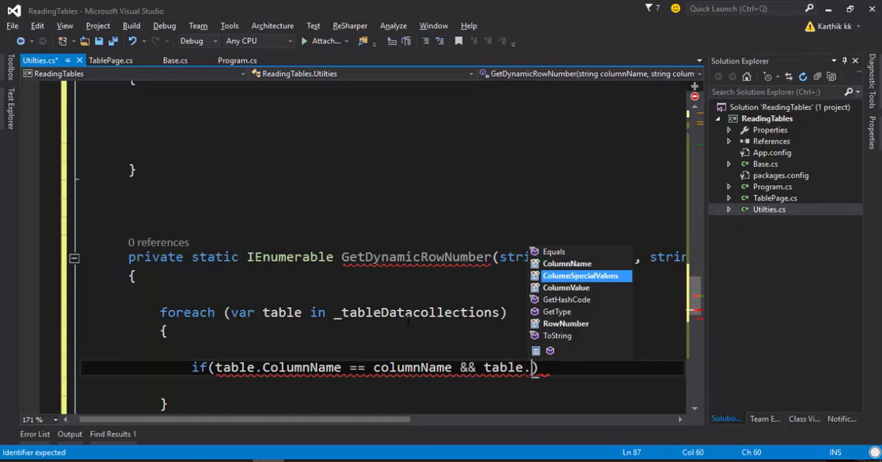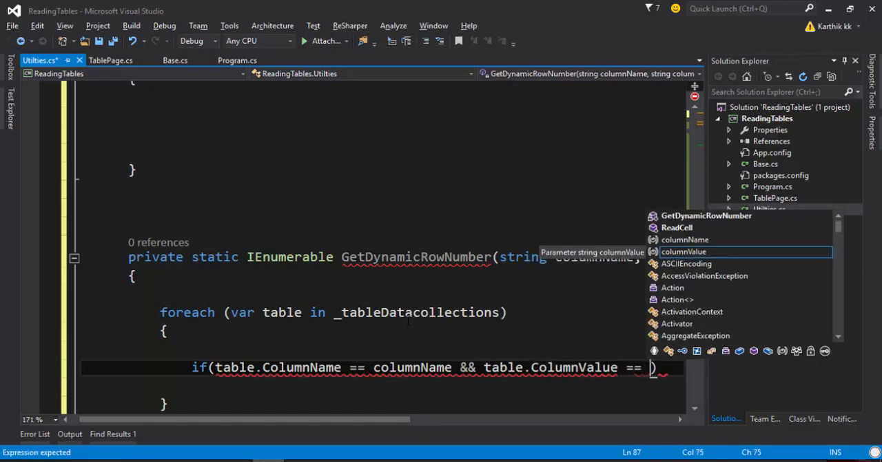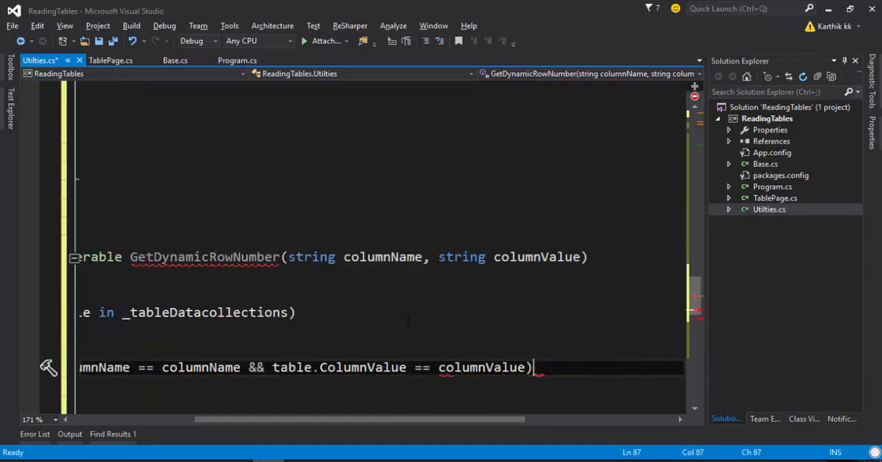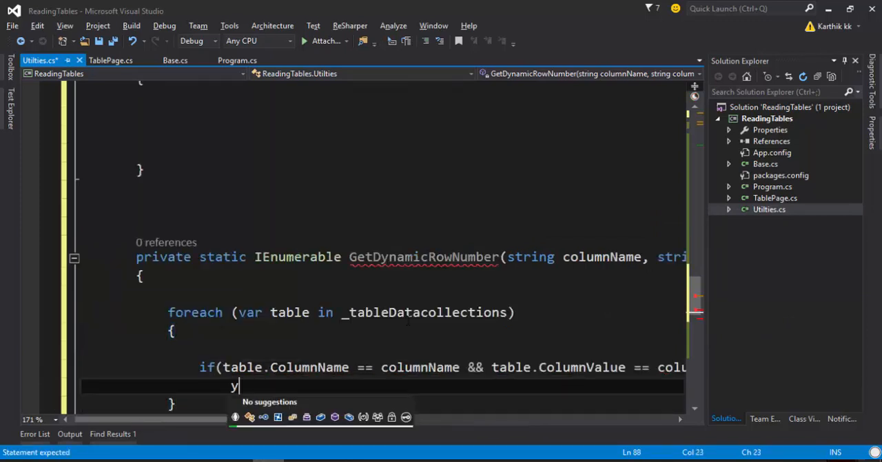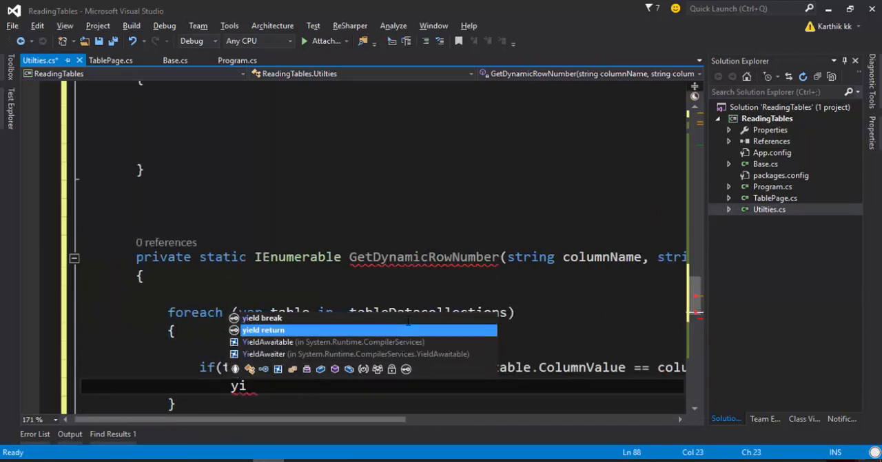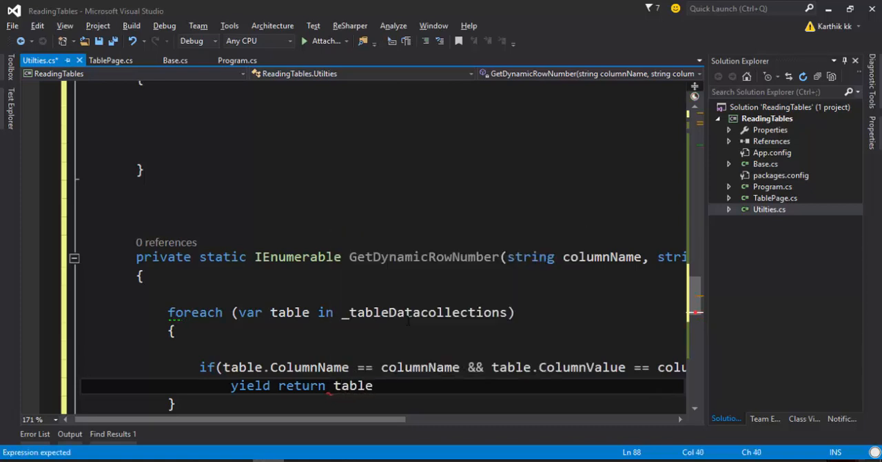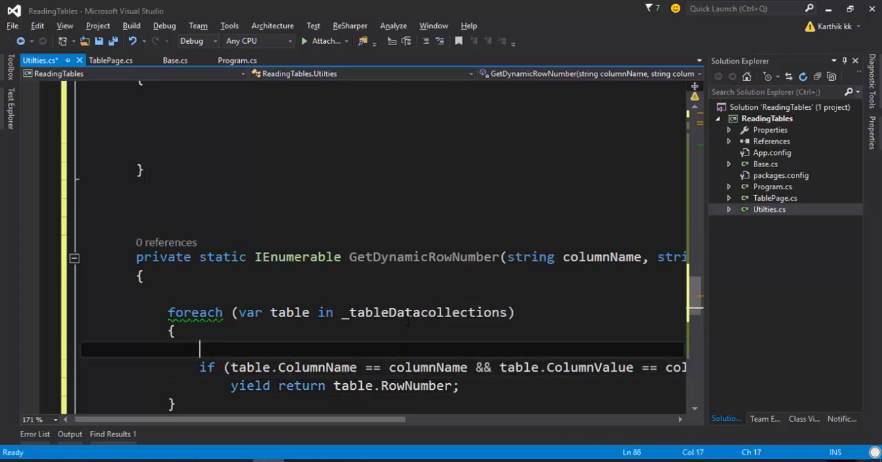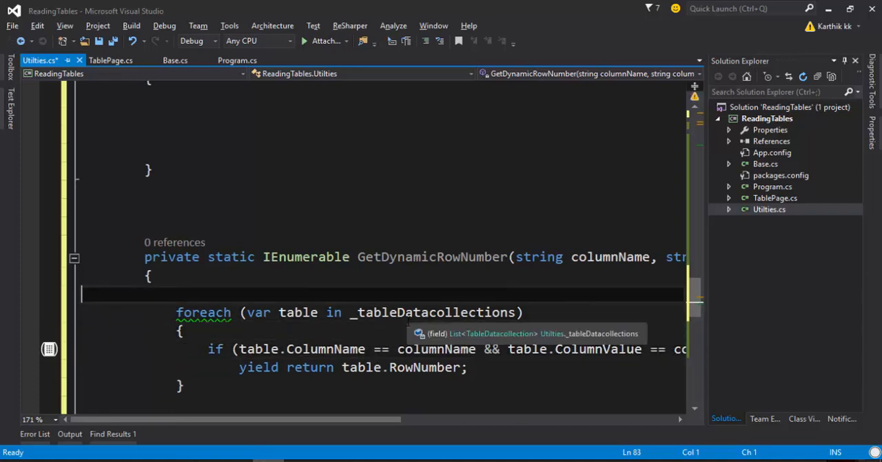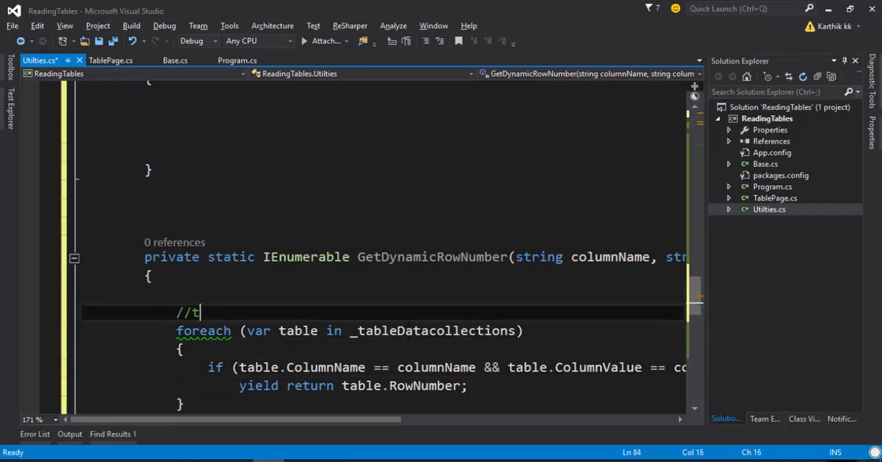Table dot column value is equal to column value. If it is, then do a yield return of the table dot the row numbers. This is going to basically return me a dynamic row number. Why am I doing this dynamic row number return? Because this row number is also something which can be changing in your table. So you have to identify it because you're not passing the row number explicitly as you were doing in your